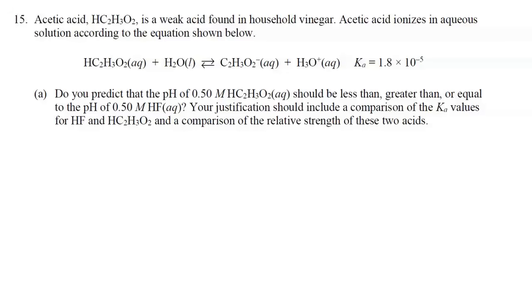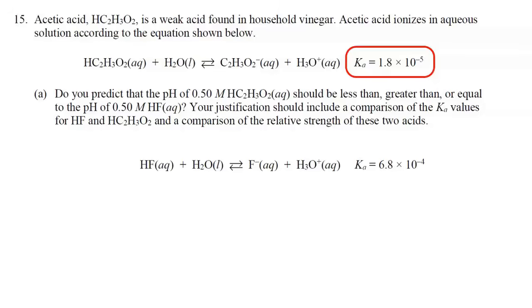So we are given in question 15 that the Ka for acetic acid is equal to 1.8 times 10 to the negative 5. And in question 14, we were given the Ka for hydrofluoric acid, which was 6.8 times 10 to the negative 4. Let's compare these two Ka values and take a look at which one is smaller and which one is larger. Since the Ka for acetic acid is smaller than the Ka for hydrofluoric acid, that means